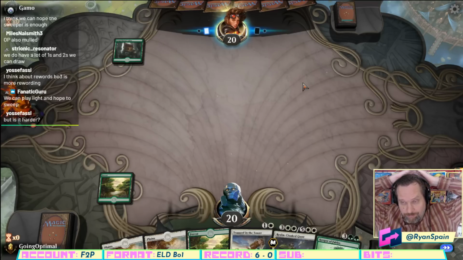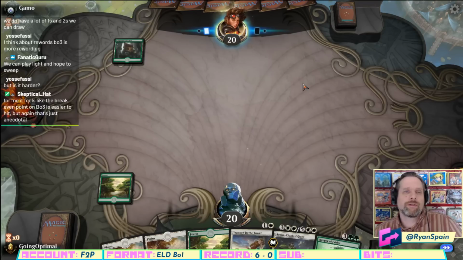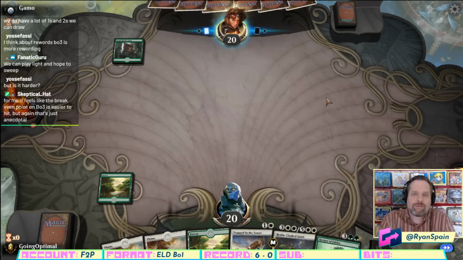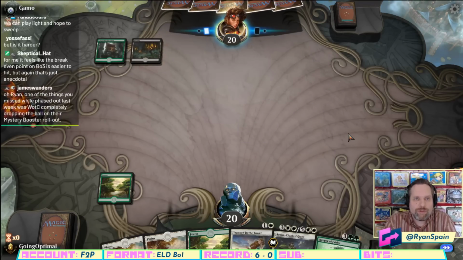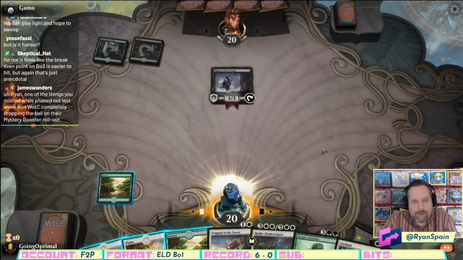Yosef, best of 3 has a steeper payout. The ultimate rewards on balance are very similar, but they're steeper. So if you tend to do better, then those are gonna...